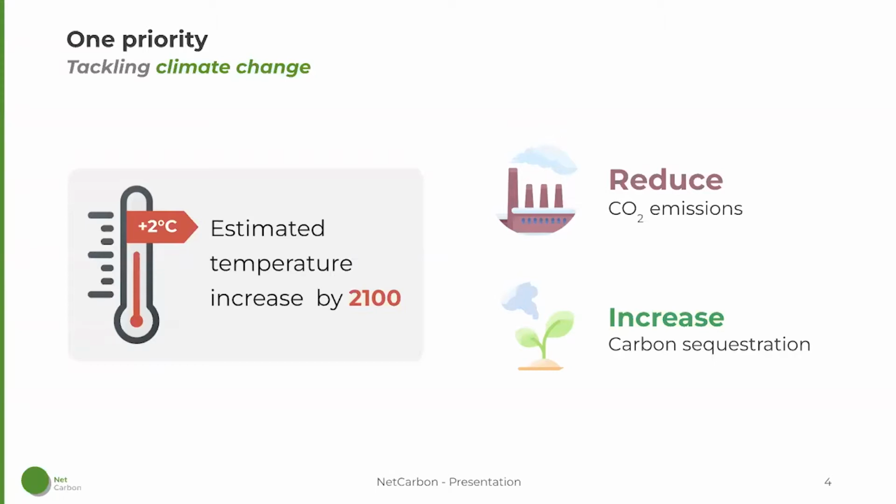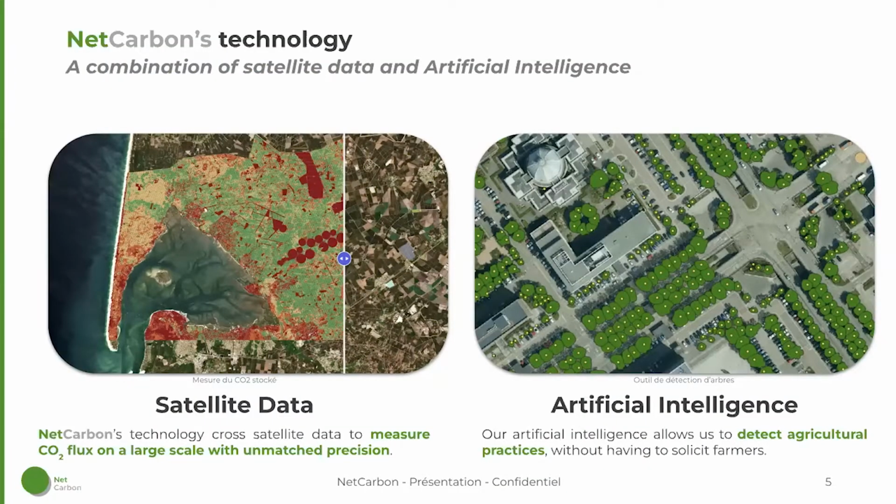So let's dive a bit on what we are doing at NetCarbon. Even if that's not the purpose of this presentation, it's important to understand why we are using this Earth observation data. As we all know, we have to fight against climate change. And in order to fight against climate change, we have obviously to reduce CO2 emission, and we have to increase carbon sequestration. It's important to rely on key numbers and on key facts, in order to find a way to improve carbon sequestration at the right place, with the right tool, at the right moment. That's why we are developing a technology based on satellite imagery in order to first measure CO2,